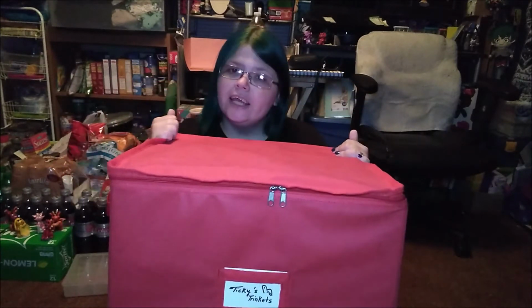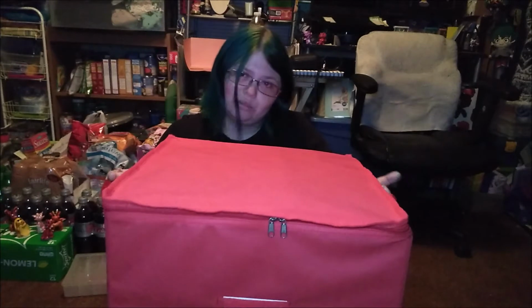The way that I store my sculptures is with a Christmas ornament organizer I got off of Amazon. And as you can see, in comparison to me, or more rather can't see, it's huge. It's supposed to fit, I think, a couple hundred ornaments. It's also got little handles on the side and a little plate on the front, which my fiance wrote Ticky's Trinkets on with a little heart because he loves me. I hope y'all can hear me all right. But I'm going to set that down, and I'm going to open it up,